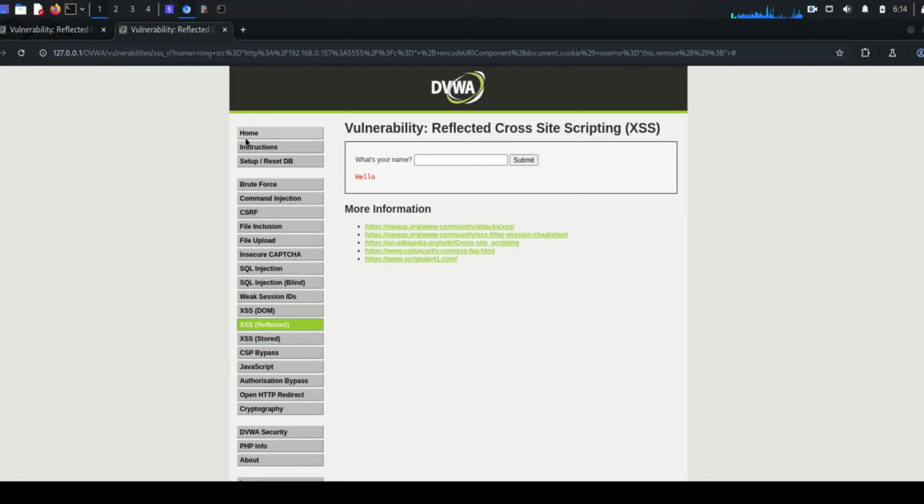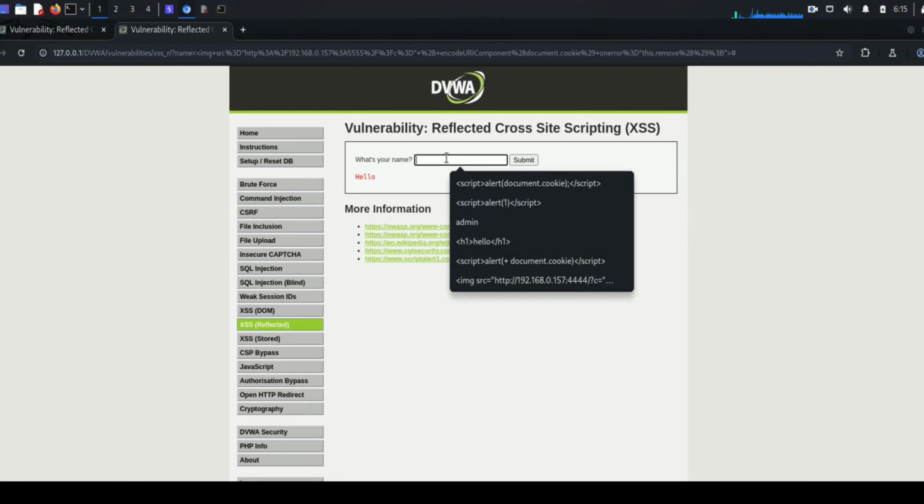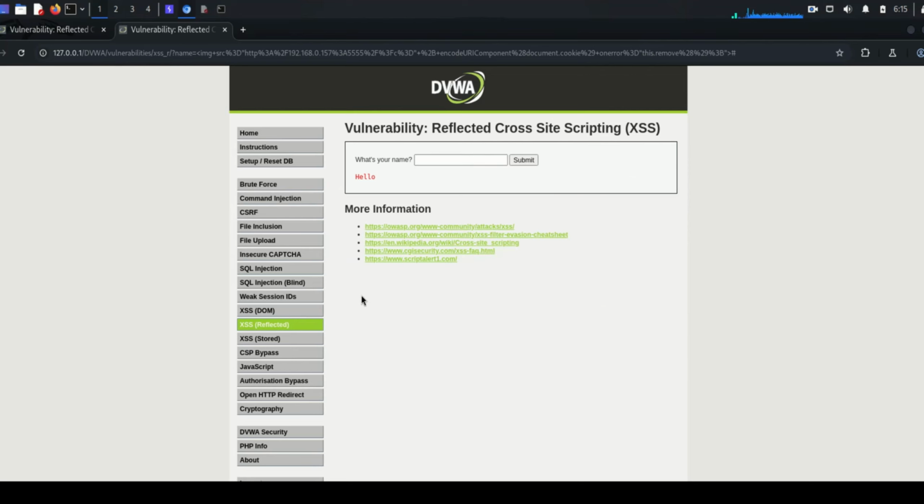Hello everyone. Today we are going to discuss XSS, that means cross-site scripting. Cross-site scripting is a type of security vulnerability that allows attackers to inject malicious scripts into web pages viewed by other users. These scripts can steal sensitive information, such as cookies, session tokens, or other user data, and even manipulate the content